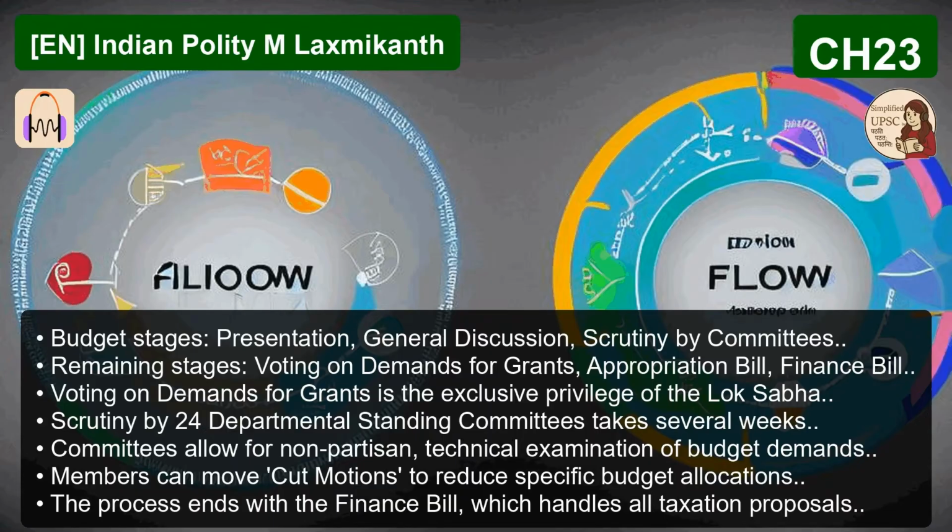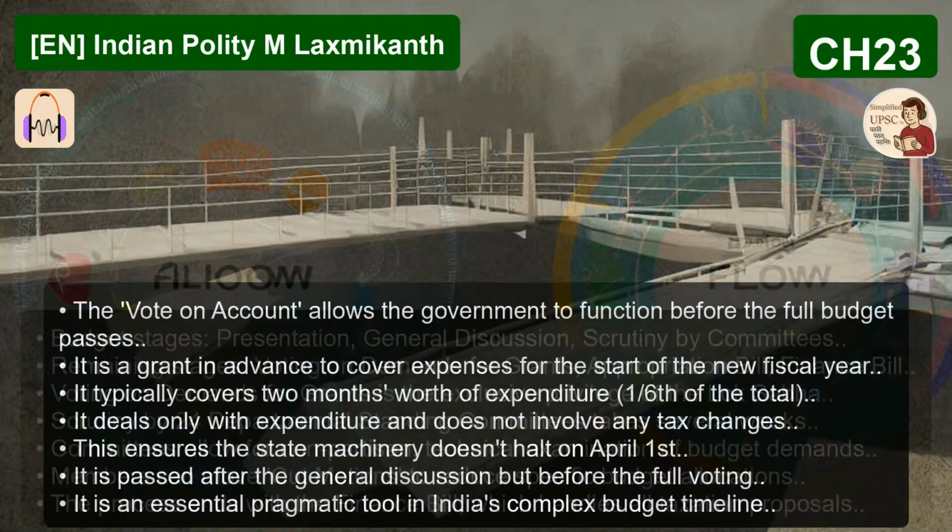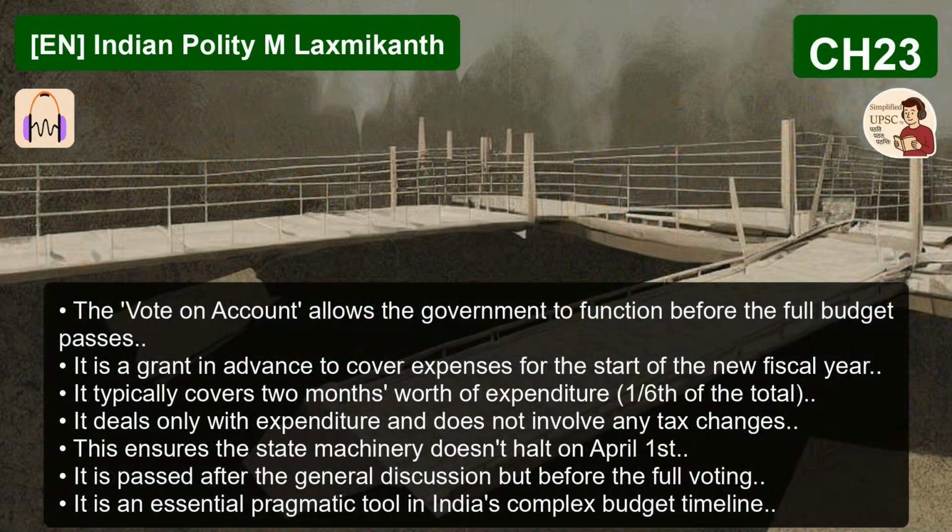And what about the target? Who are they aimed at? The censure motion is specific. It can be moved against an individual minister, a group of ministers, or the entire council of ministers. It's often tactical to pressure a ministry. Whereas a no confidence motion? The no confidence motion targets the principle of collective responsibility. It can only be moved against the entire council of ministers collectively. So a censure motion is like a targeted strike, and a no confidence motion brings down the whole government structure.